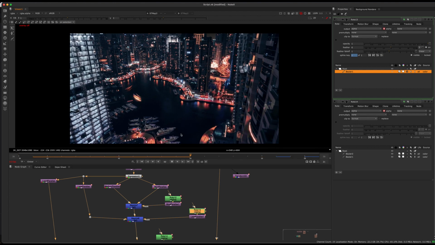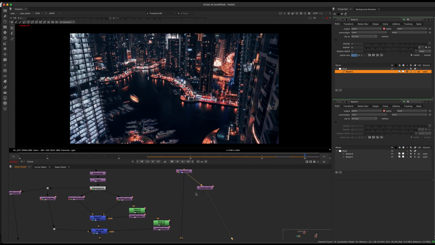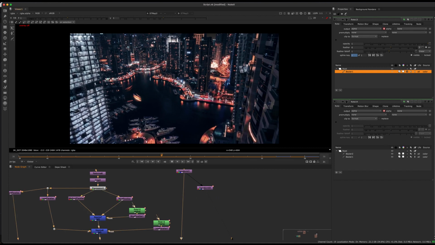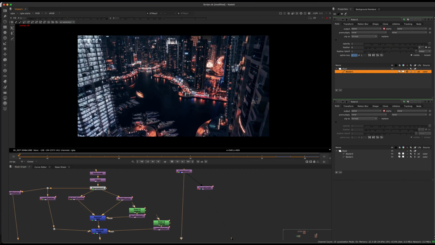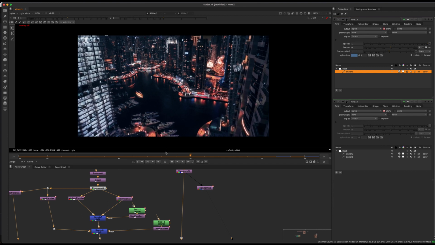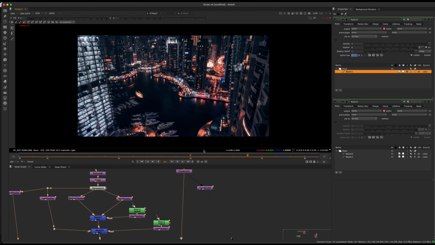Right, so that's pretty cool, and we have something that looks better than just a 2D zoom, and we didn't have to model anything. So this took a fraction of the time, and depending on your shot, you could probably get away with it. So one other thing we could do to make this a little bit more convincing is